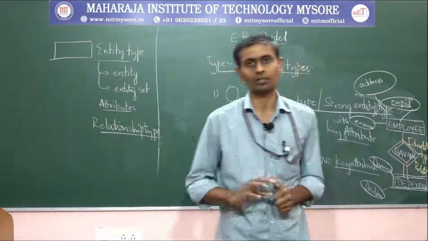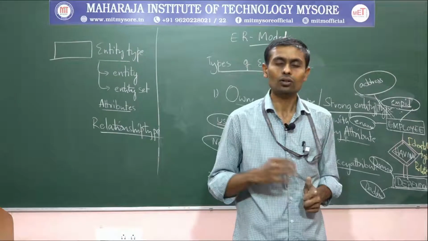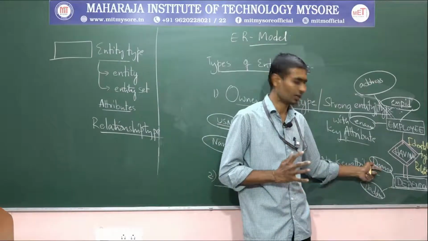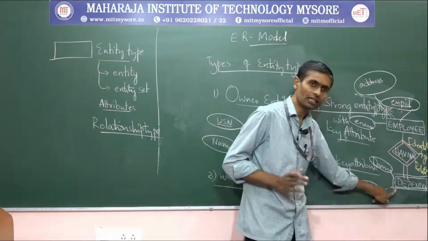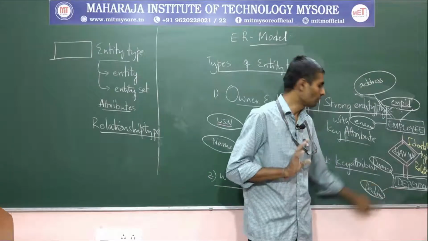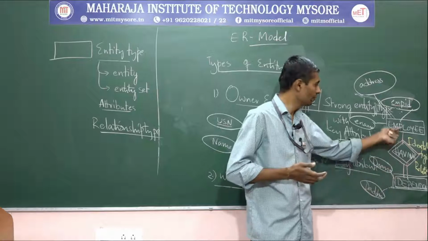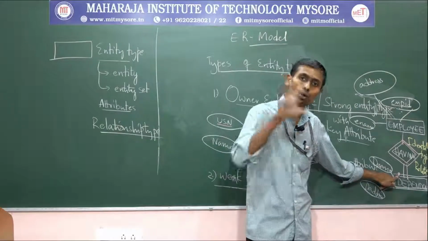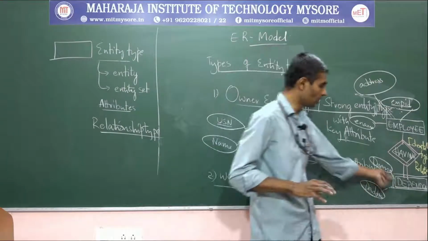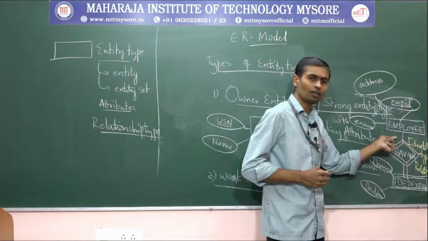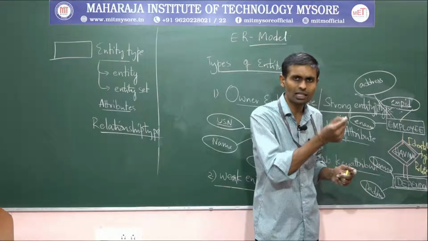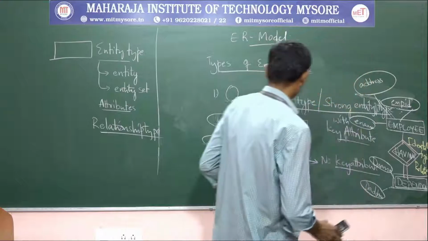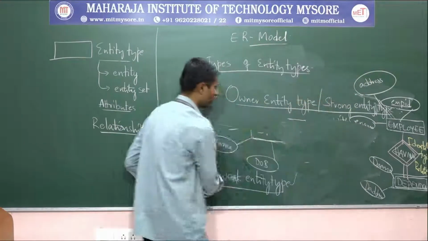That's all about the participation constraint. What sort of information does it give us? It tells us whether all instances of this entity type are associated or not. Once all are connected with this entity type through this relationship type, we call it total participation: all are participated, all associated, all instances connected. But if at least one is left out, it is called partial participation. That's it. Let me go on to draw it in terms of set theoretic notation, so that things are clearer.